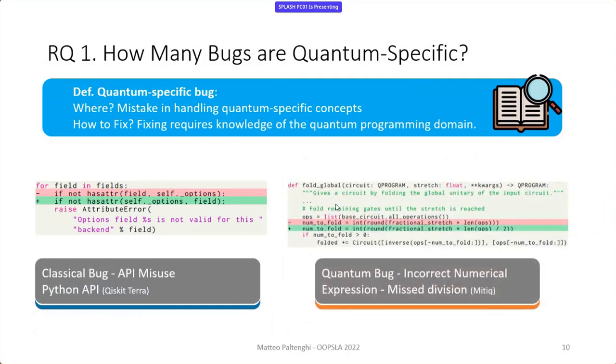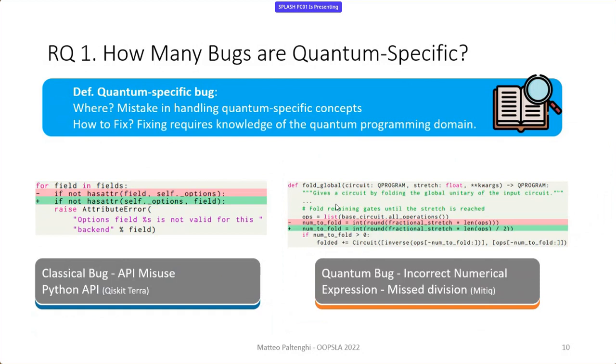On the other side, we have another example of a bug, which is coming from the Mitiq library. Here we have a procedure called zero noise extrapolation, where we have our initial quantum program, and we want to add some noisy operations at the end. We add them with the goal to estimate the condition of zero noise. So we artificially add them to have a better estimate of how the program should behave with zero noise.